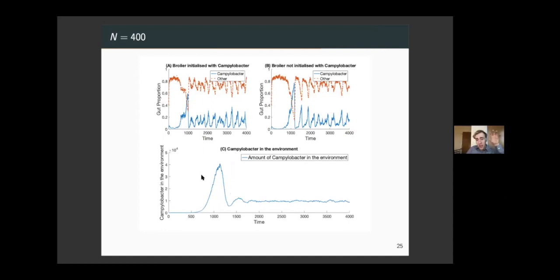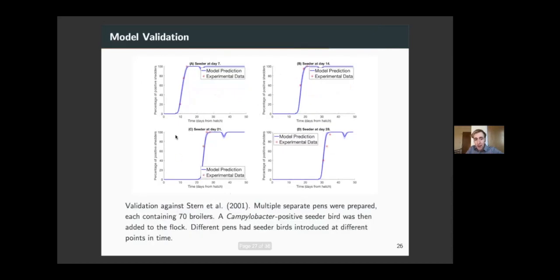And luckily, we can also check this dynamic against some flock studies from the literature. Sure enough, when we simulate exactly the experimental amounts, so we use the exact number of chickens that these experiments have in the flocks and the exact number of seeder birds, we see a really nice fit to the red stars. This is just one experiment I've fit to, of the exact point in time at which Campylobacter takes off and the attack rate at which it takes over the flock. So already we're seeing the impact of grouping so many birds together and how that affects the overall dynamics of the flock.